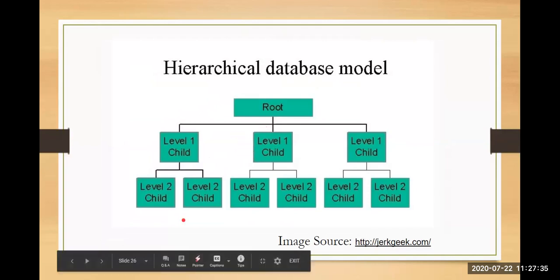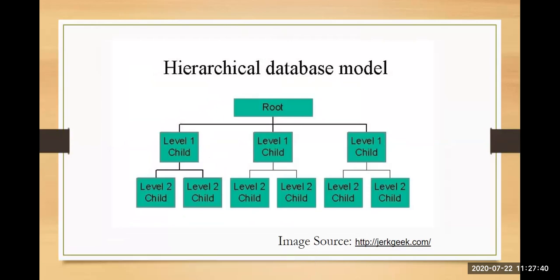Next, a record is nothing but a collection of fields where each field contains only one value, and the entity type of your record defines which fields the record contains. A record in the hierarchical database corresponds to your rows, that is, your tuples. Whenever I talk about the relational data model, entity type corresponds to your table or your relations. In the hierarchical model, in short, each child record will have only one parent.